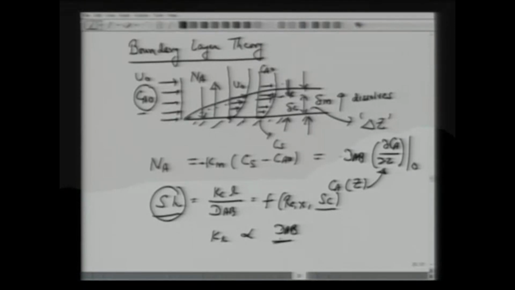All right. So these are the theories. Beyond the three theories which we discussed: film theory, penetration theory or surface renewal theory, and boundary layer theory, these are the most common theories which are going to be applied in our mass transfer. So the idea is that, again, whenever you are solving real problems in mass transfer,